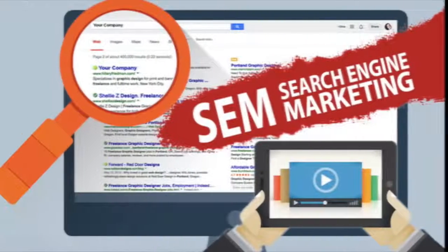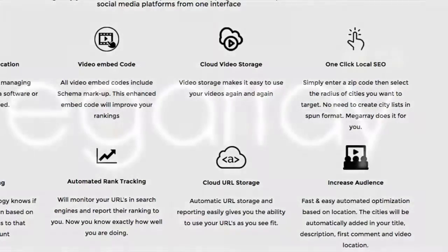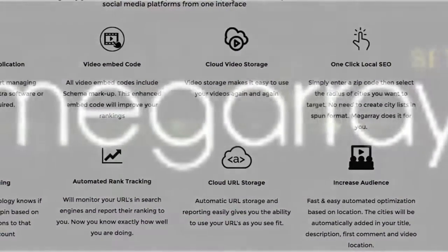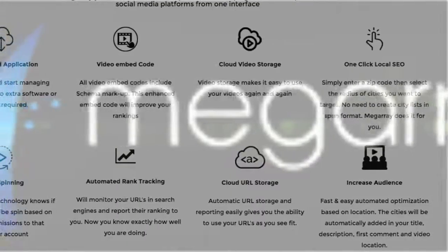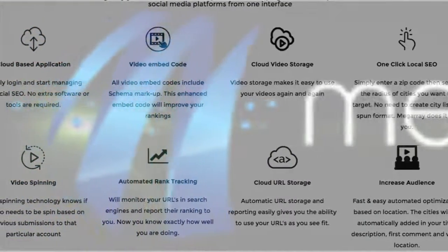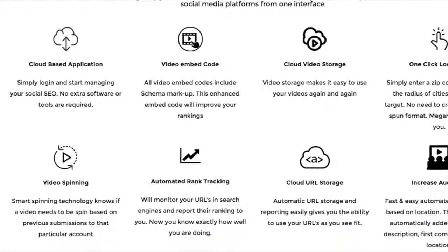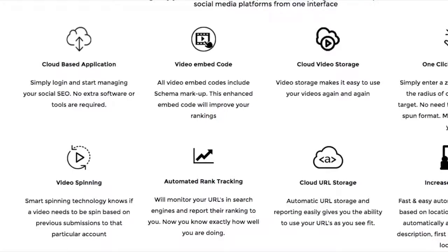He and his team of programmers have created a first-of-its-kind search engine marketing system. This platform automates the publishing of video and other web content across thousands of networks with a click of a few buttons. It's cloud-based and not complicated to use. Case studies he's conducted clearly demonstrate his platform's ability to capitalize on search traffic for keywords related to products in